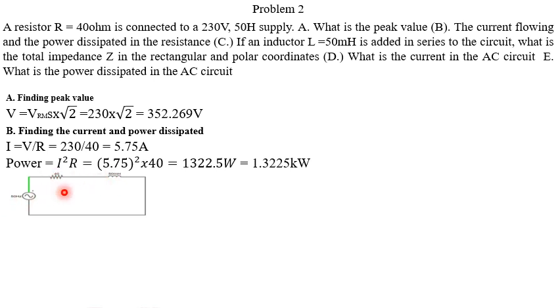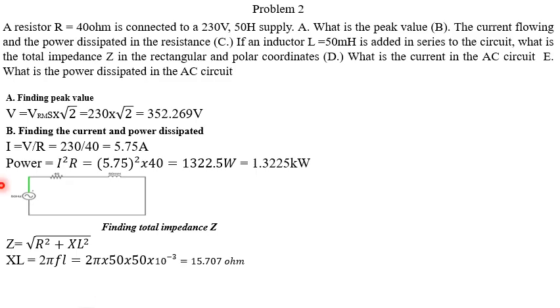So what is the total impedance? How do we calculate the impedance? Z is equal to the square root of R squared plus XL squared. We know that XL is equal to 2 pi FL. Converting the 50 milli back, it is 50 times 10 raised to the power minus 3. Doing that, we have our XL as 15.70 ohms. Then putting it back into our equation,